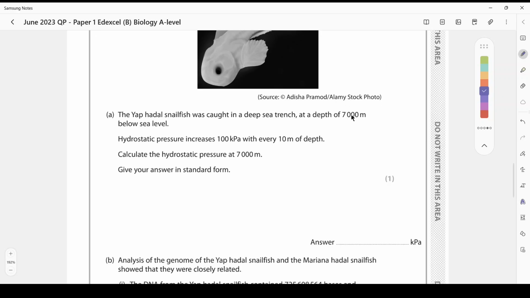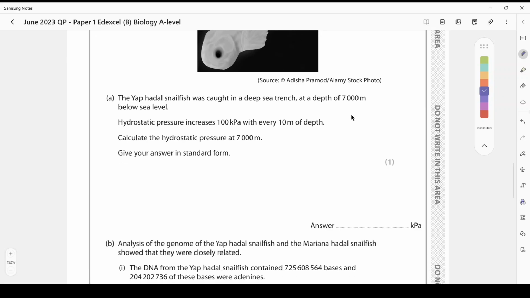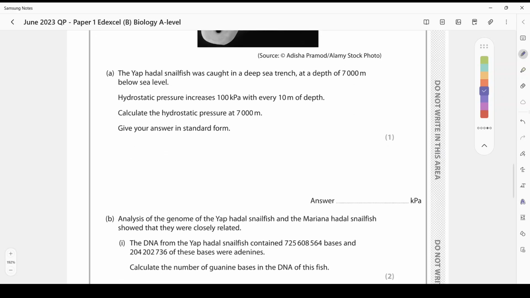It says the Yap Hadal snailfish was caught in a deep sea trench at a depth of 7,000 meters below sea level. Hydrostatic pressure increases by 100 kilopascals every 10 meters of depth. Calculate the hydrostatic pressure at 7,000 meters. All right, so how many 10 meters can go into 7,000? So we would do 7,000 divided by 10, and then times it by 100 kilopascals. And that would be